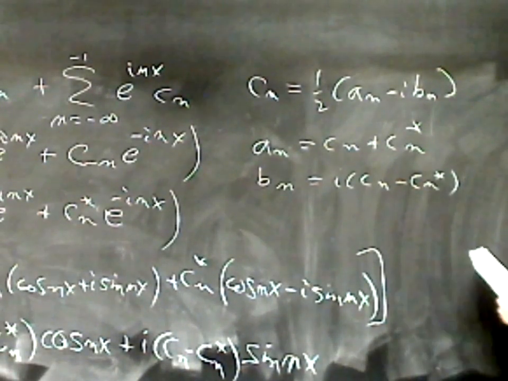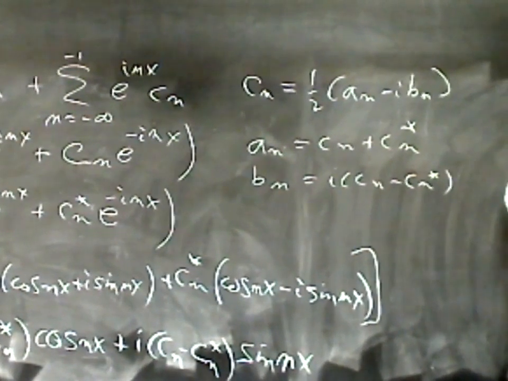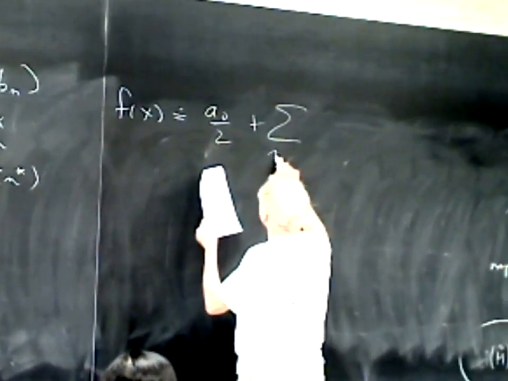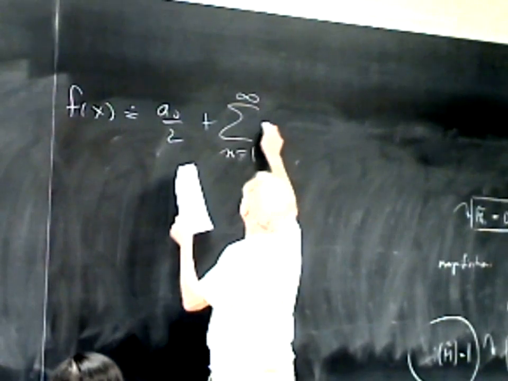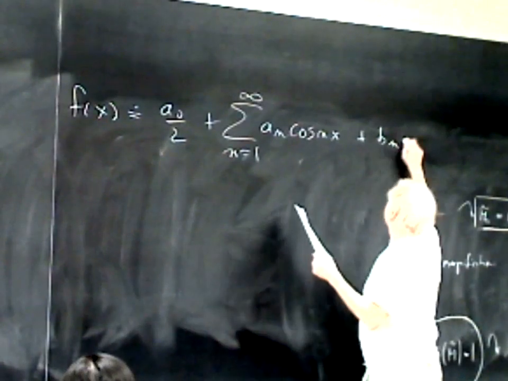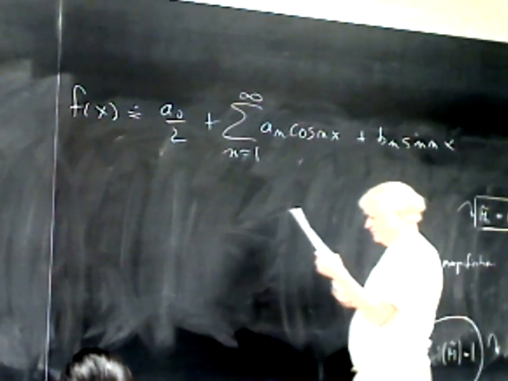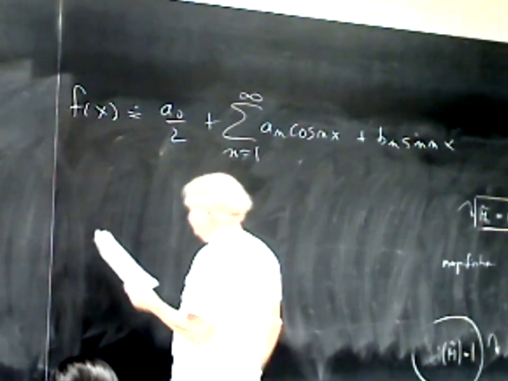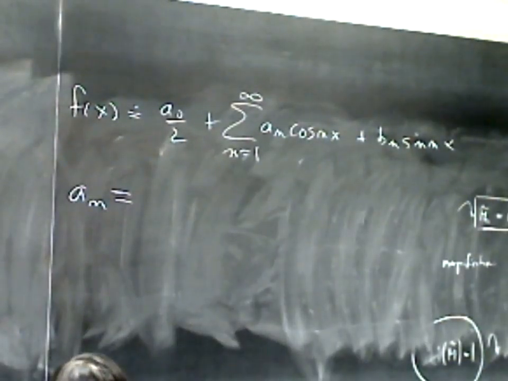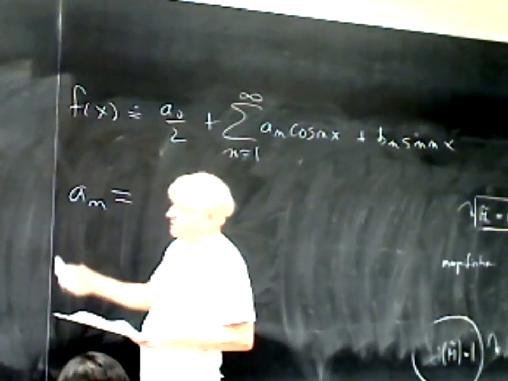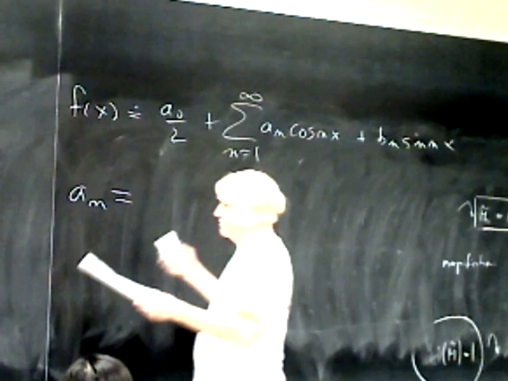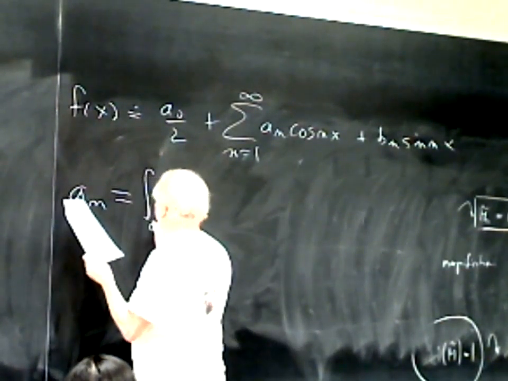Which is to say, f of x equals a0 over 2, and I guess I should put that, sum n equals 1 to infinity a sub n cosine nx plus b sub n sine nx. And the formulas for an and bn are, well, an is cn plus cn star. And remember, as I said, we chose to use the convention where the 2 pi only occurs once. And so this is the integral 0 to 2 pi